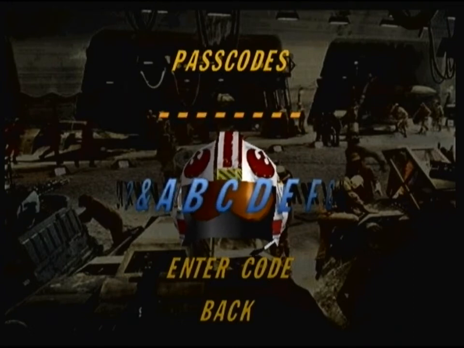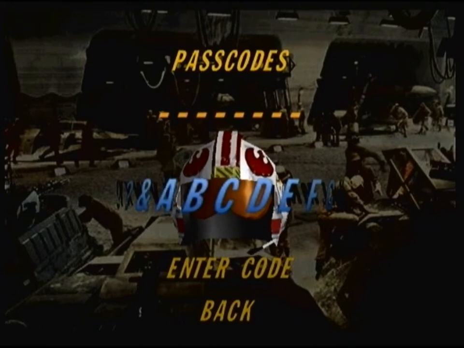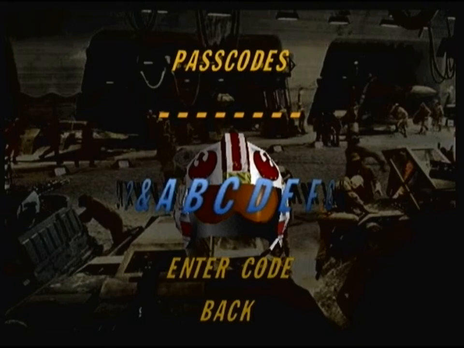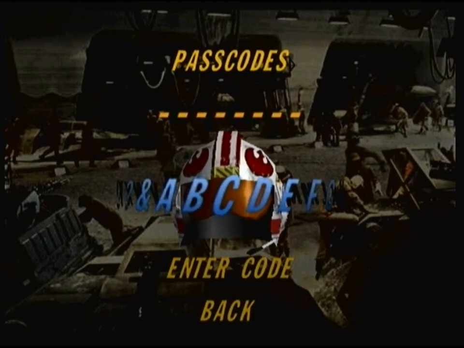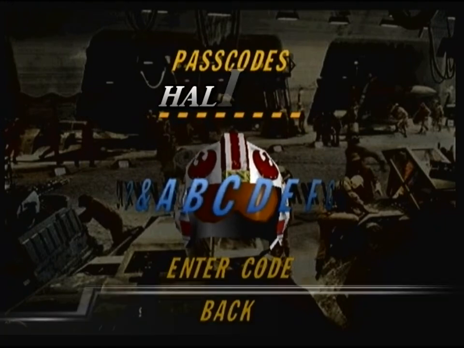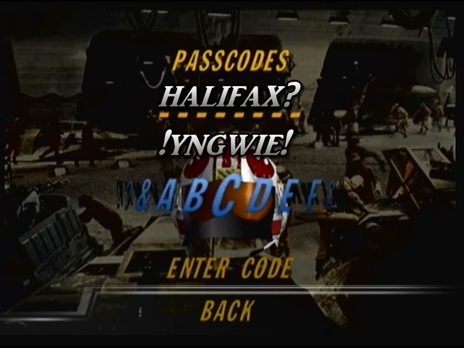Let me see now. Okay, and then there's actually 4 more codes here, 5 technically, to unlock vehicles, extra ships that you can get in the game. 2 of which I'm actually not going to spoil. Those are going to be for a little bit later. Okay, for the Naboo Starfighter, you have to punch in Halifax with a question mark, and then an exclamation point,